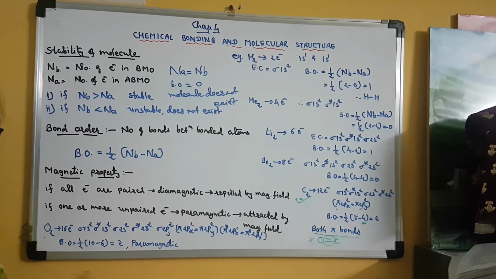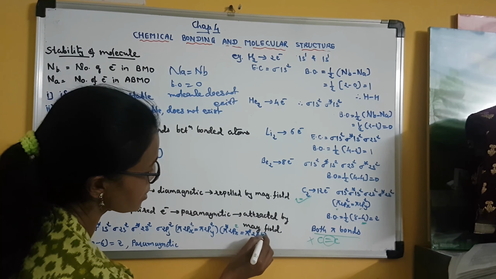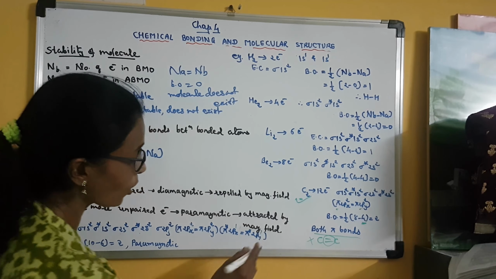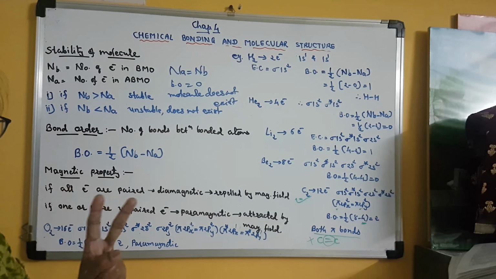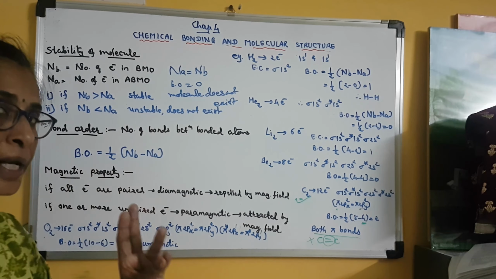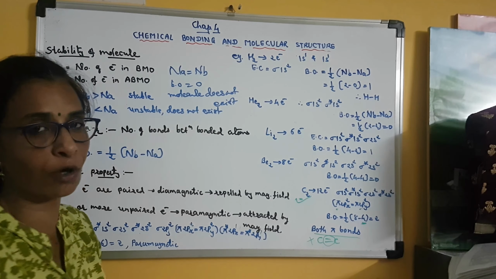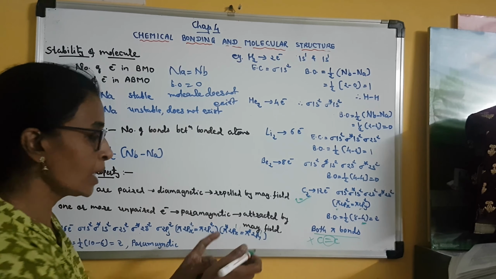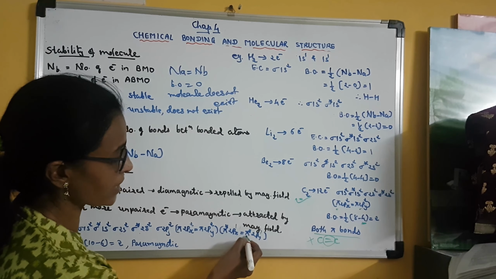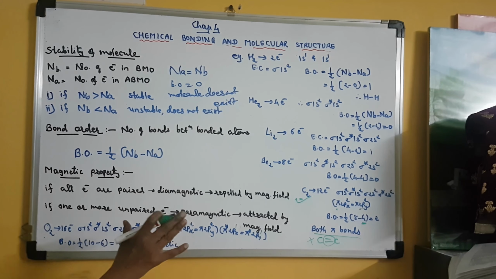Now 2 electrons are left, but we cannot write that it is pi star 2px2 and pi star 2py is 0. We cannot write like that because these are degenerate orbitals. So according to Hund's rule, we have only 2 electrons left. Clear? Remaining 14 electrons are arranged. Now only the last 2 electrons are left. So the last 2 electrons have to enter degenerate orbitals. According to Hund's rule, they will enter singly in both the orbitals. Clear? So it is pi star 2px1 equal to pi star 2py1. Clear? So this sequence you have to remember.